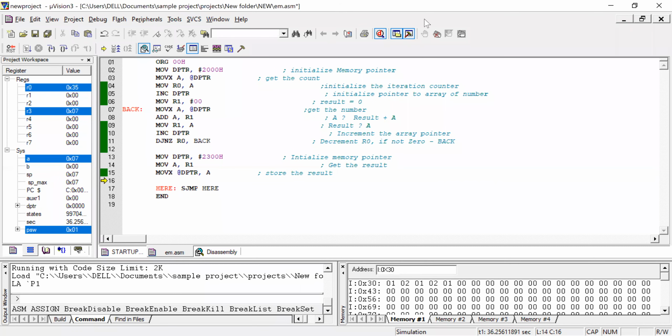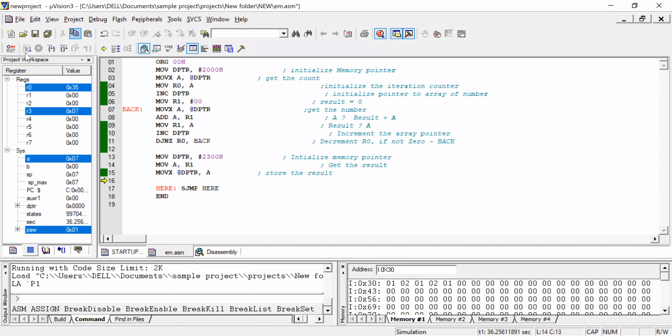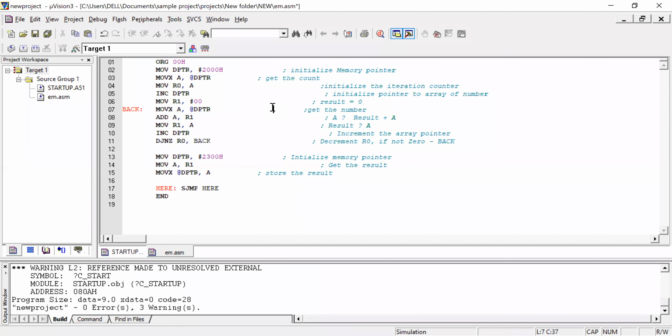Okay, this is your program which I'm going to run. Stop debug mode. I will compile this program.